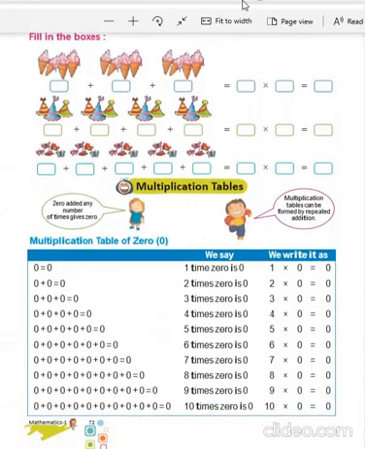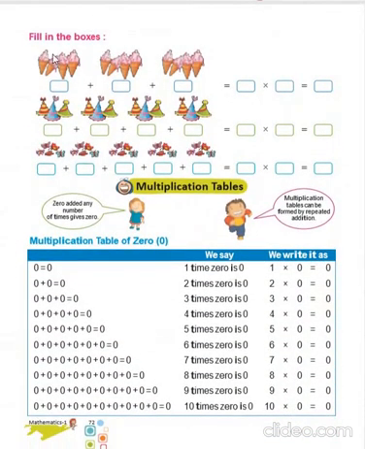We have to do the same in this. Fill in the boxes. How many softies are there? This will be 4. So 4 plus 4 plus 4. How many groups? 3 groups. 4 softies will give 12. 3 caps will be there. 3 caps. And how many in each group will be there? 4. So 4 into 3 will give 12.